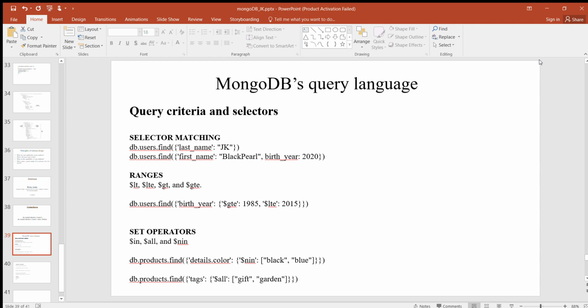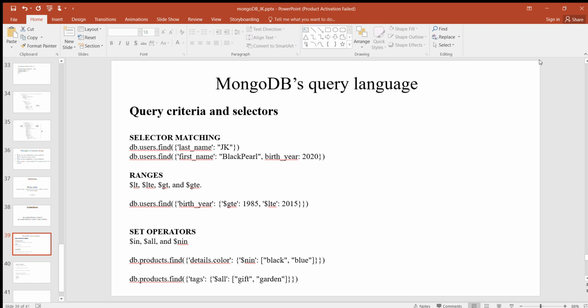db.users.find({last_name: "JK"}) and db.users.find({first_name: "Blackpearl", birth_year: 2020}). The second query reads: find me all users such that the first name is Blackpearl and was born in 2020.